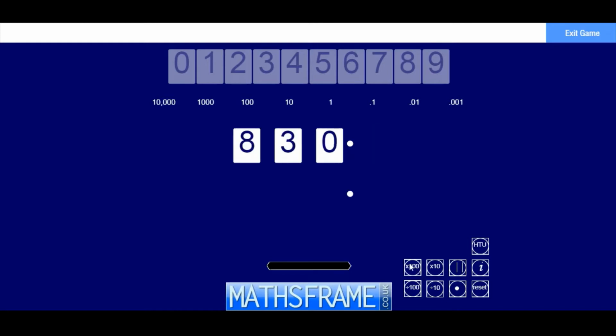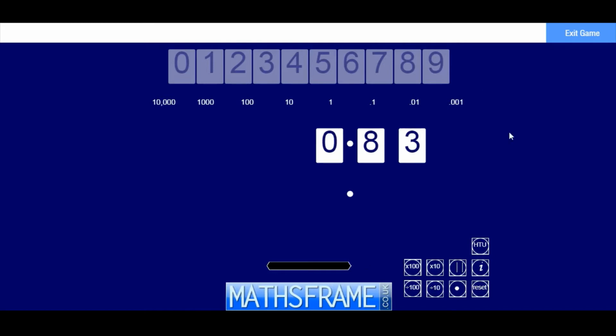Now, if I just go back to where I was, now if I divided that by 100 all in one go, that means it's going to move down 2 spaces in one go. So it's going to jump down and jump down again. Okay, so jump, jump. Right, so sometimes you do more than one jump in one go if you're dividing by 100. If you were dividing by 1,000, it would move 3 spaces down and would move again, and you'd end